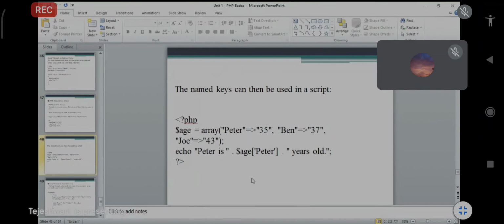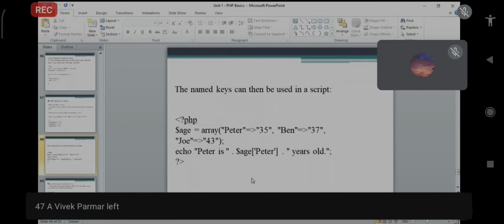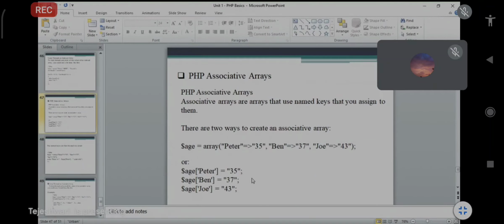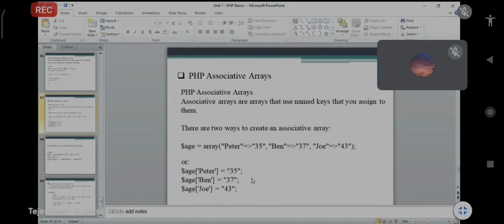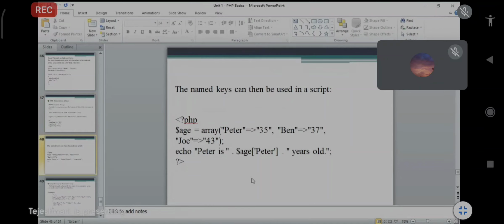The name keys can then be used in the script. Suppose the same example. This is how to pass the associative array, and this is how to write it in code. Open tag, question mark PHP, then you pass dollar age is equal to array. First one, Peter is equal to 35, name and value. Ben 37, Joe 43. And then after that